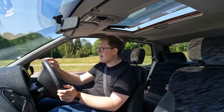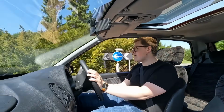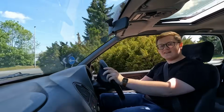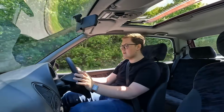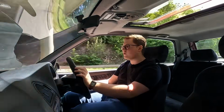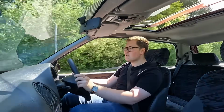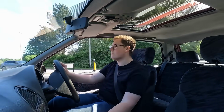And I must say as well, I love the feedback I'm getting from the controls. Of course we have power-assisted steering, and so there isn't quite the feedback you'd get in a non-assisted car, but as opposed to many earlier power-assisted cars, you get a bit of weight still in this, and you get quite a bit of feedback from the road as well. And I'm just loving rev matching down the box. There's no feel in the throttle pedal whatsoever, but that engine makes itself so well known that